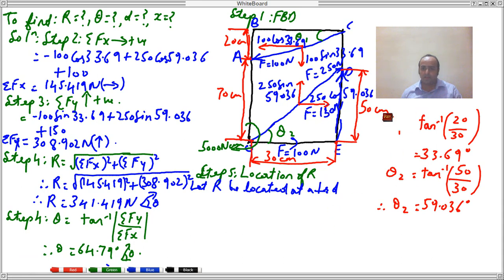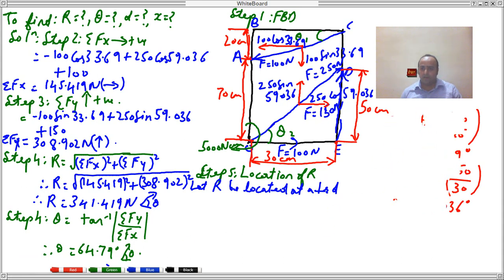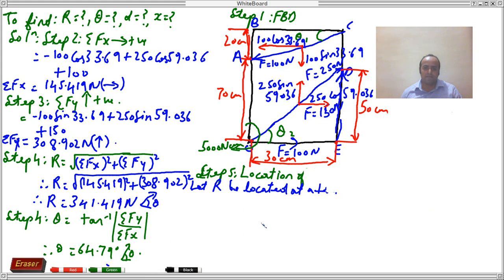It's not required as such now. Already we have done that before. Therefore, by Varignon's theorem,